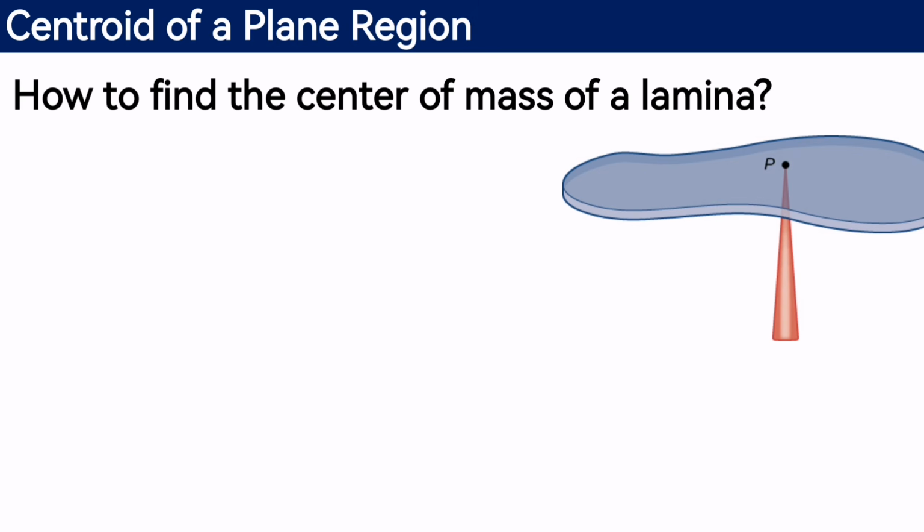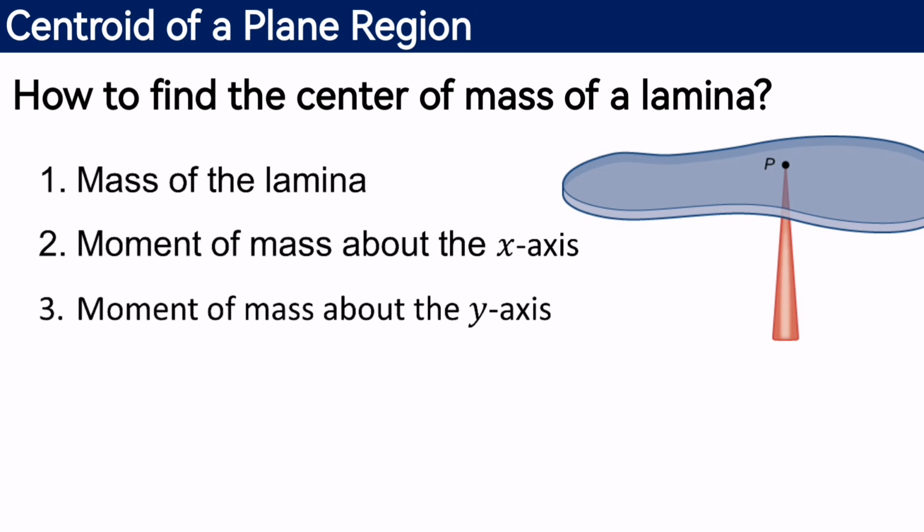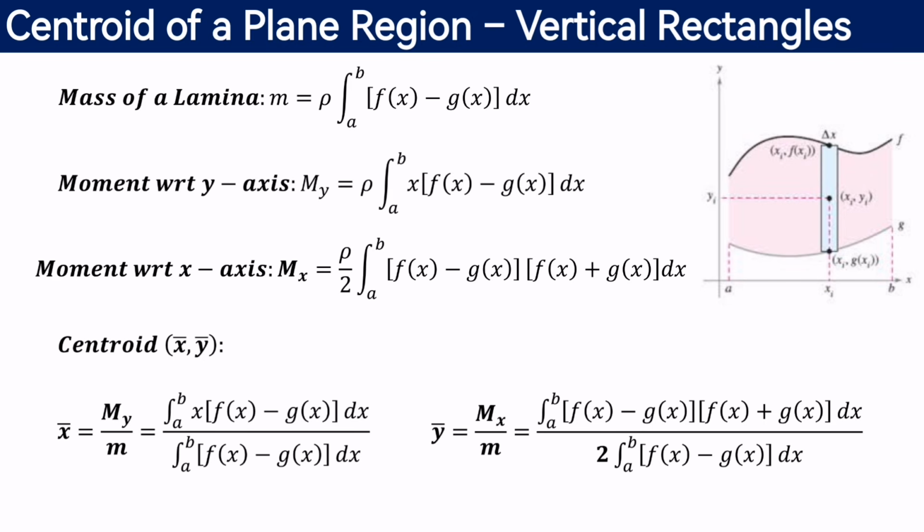And now the next question is, how do we find the center of mass? We need the information of the following. We have first the mass of the lamina. We also need the moment of mass about the x-axis and the moment of mass about the y-axis. We already talked about this when we looked at the application center of mass. Now, these formulas were derived during our class discussion. I will no longer explain that here in this video. Instead, we will just be using these formulas in